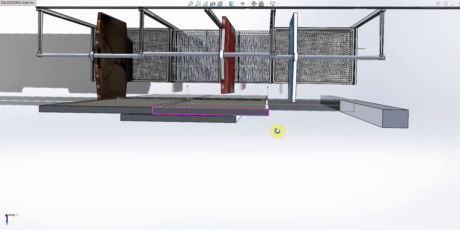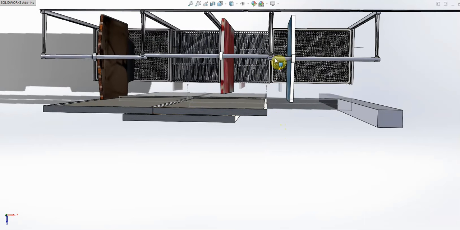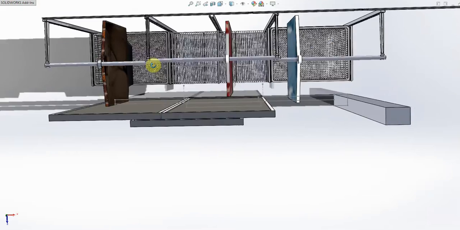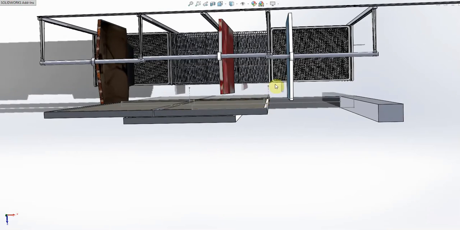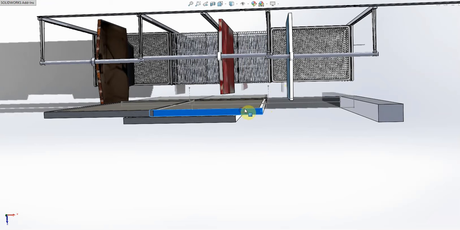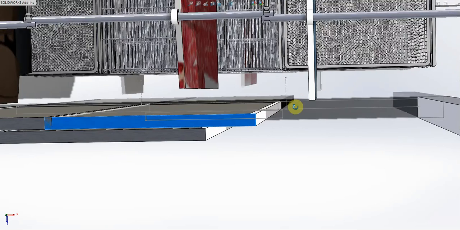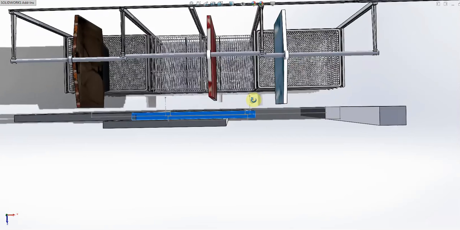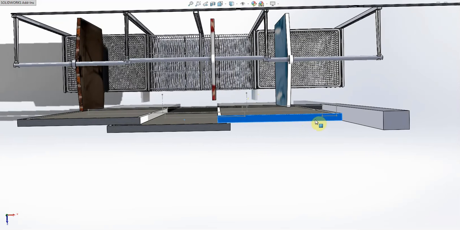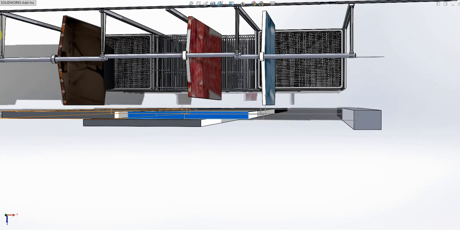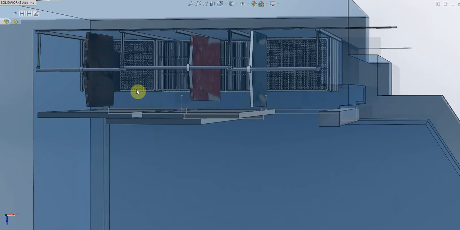So what we now have to start looking for is, if this basket is pulled out, because they're on runners, we have to look for the points where this door and this basket might clash. On the sketch on the floor I've put these lines on the positions where these doors are at the extreme ends of their movement, and what I've discovered is, if we put the space back in and let's make it transparent,